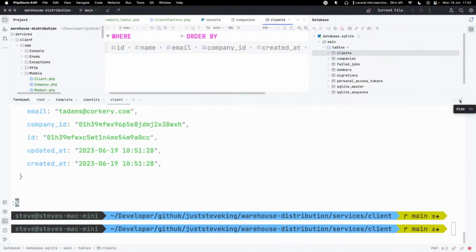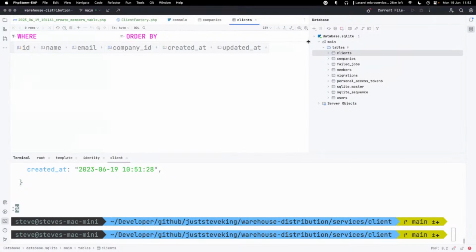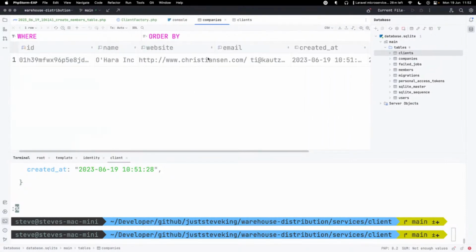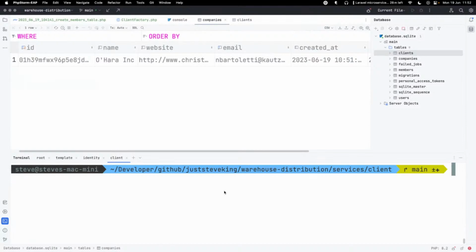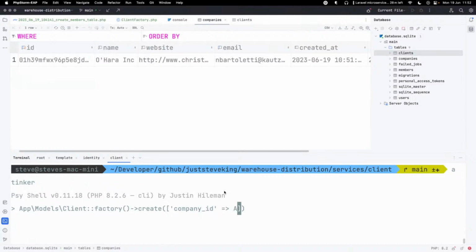Make sure there's nothing in clients quickly. So, nothing in clients, I have got one company. So now, if I go back to Tinker, if I go app models client factory, I want to create a new one where the company ID is app models company first